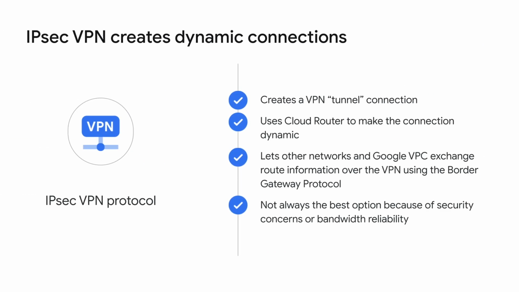One option is to start with a virtual private network connection over the Internet and use the IPsec VPN protocol to create a tunnel connection. To make the connection dynamic, a Google Cloud feature called Cloud Router can be used. Cloud Router lets other networks in Google VPC exchange route information over the VPN by using the Border Gateway Protocol. With this method, if you add a new subnet to your Google VPC, your on-premises network will automatically get routes